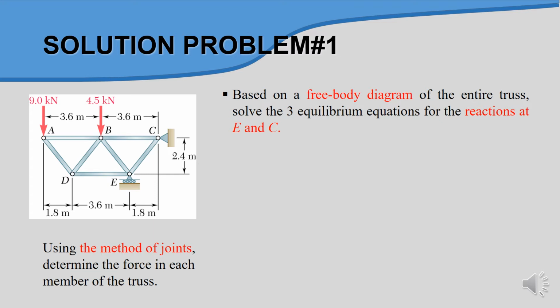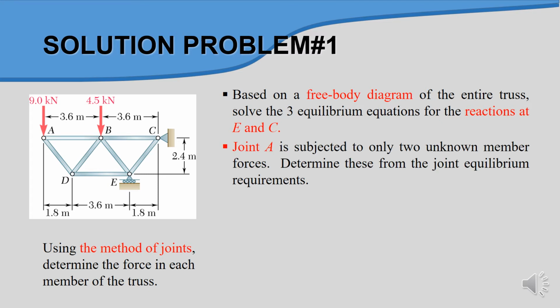The step by step for solving this problem is, first, to draw a free body diagram of the entire truss. Then solve the 3 equilibrium equations for the reactions at E and C. We have a hinge at point C and a roller at point E, so they will produce reactions. We need to draw the reaction forces, and from there